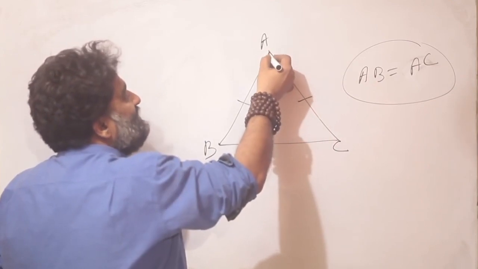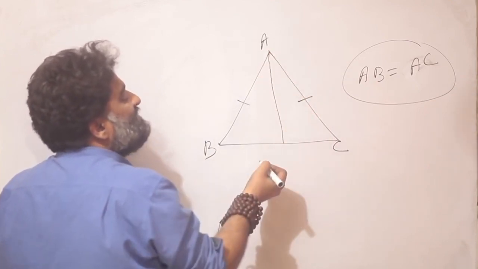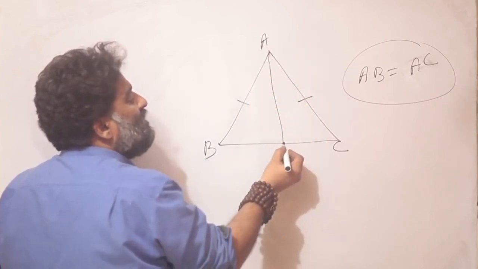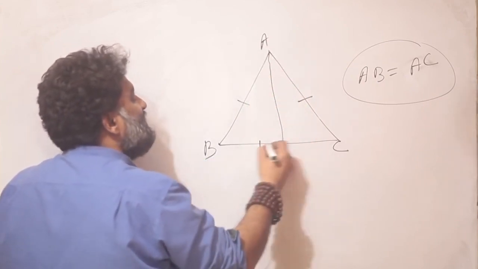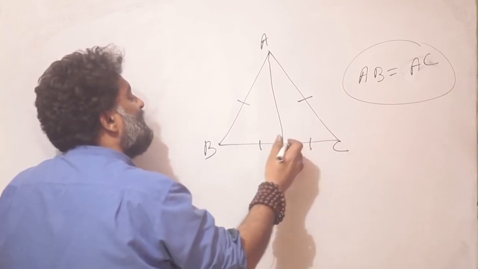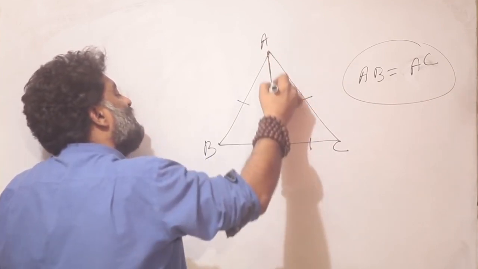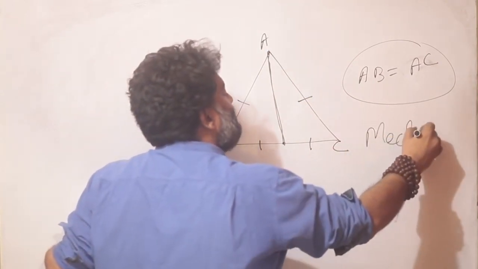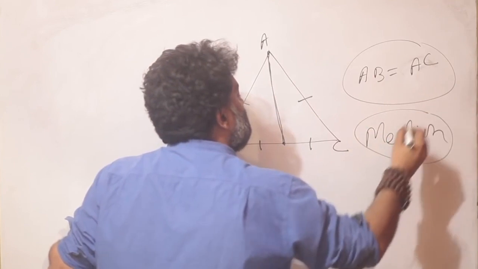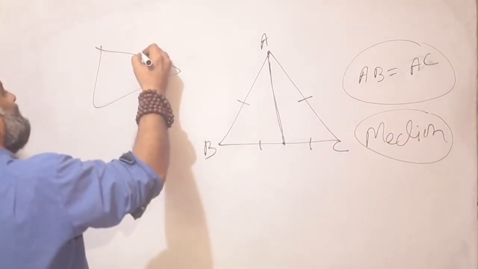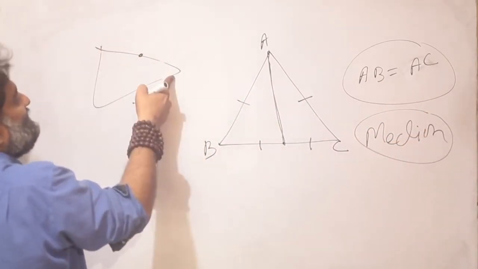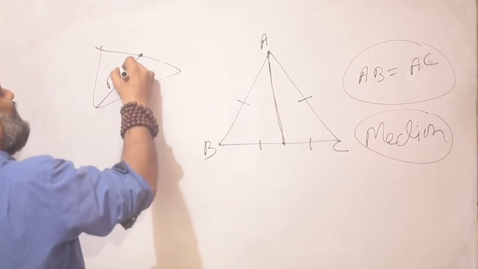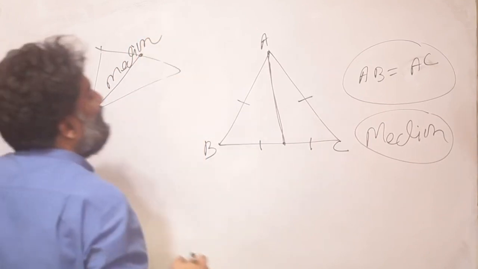And it is given to me that a median is drawn. What does a median mean? Median means a line drawn to the midpoint of the opposite side. So side BC, if it is divided into two equal parts, and from this point I draw a line to the vertex, that is known as the median. In case you do not know the definition, it is a very simple term. Think of any triangle for yourself, play with the idea for a minute, take the side, find the middle point, attach it to the opposite vertex, and you have a median.